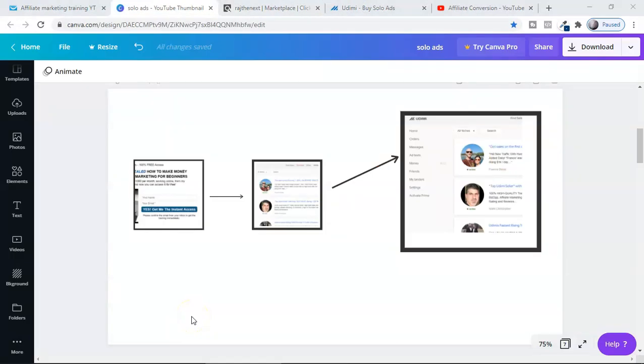Before we get into the Udemy solo ad tutorial, let me show you how this works. You have to create a landing page where you give the option of collecting emails, because here you're going to make sales in two ways. One is collecting the emails, and the other is that you can also make a sale directly by promoting your landing page.